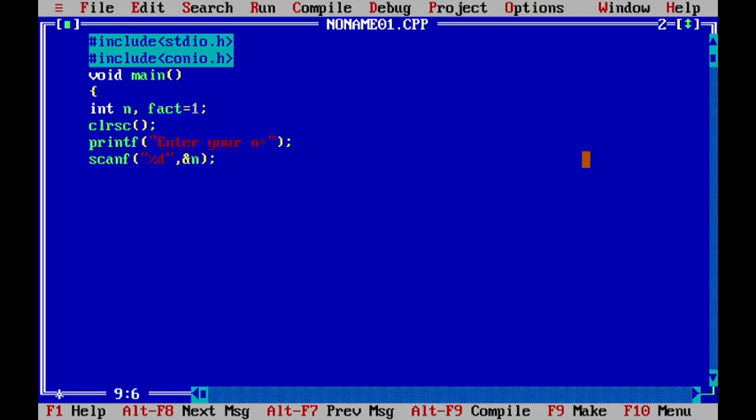Now next, if our n is equal to 0, then in that case printf "factorial is equal to", new line, "factorial is equal to %d", fact, okay, else